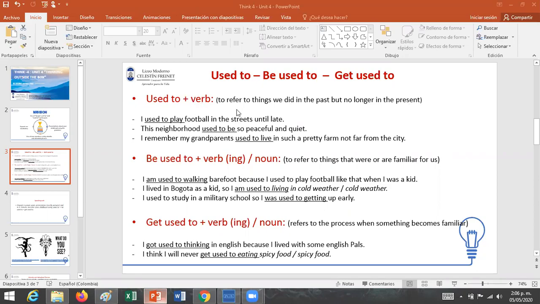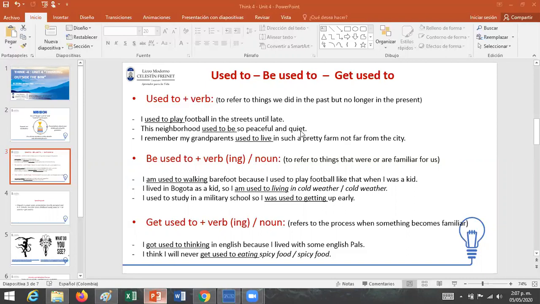Okay? So if you want to say, I used to play football in the streets until late, quiere decir que ya no, ¿sí? Ya no lo hace. Yo solía jugar fútbol in the streets until late, but not anymore, ¿no? You can also talk about your family, your neighborhood, your house. You can change the subject. This neighborhood used to be peaceful and quiet,